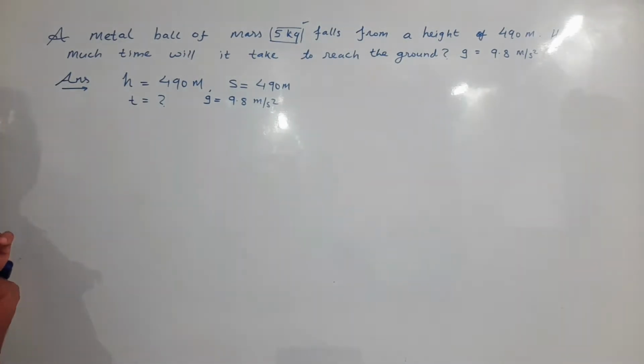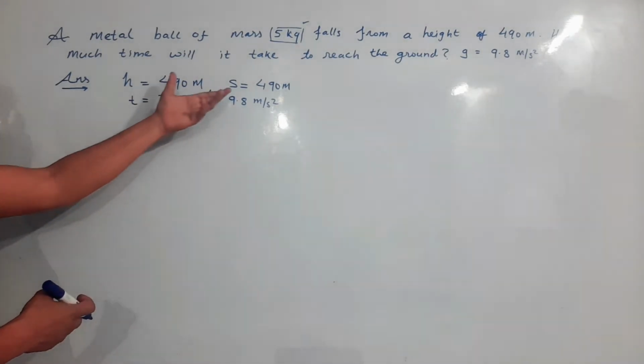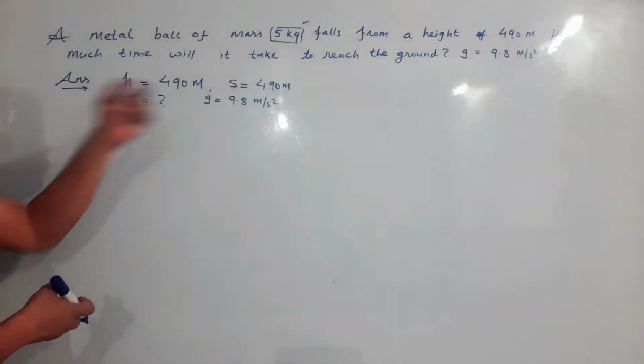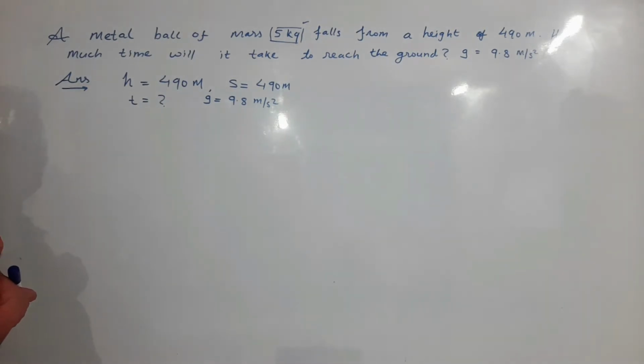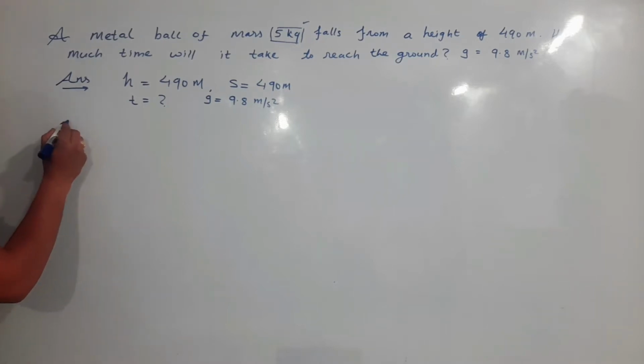Here we have the information regarding displacement of the body or distance covered by the body and acceleration due to gravity. So on this basis, again my dear student, we can write a kinematical equation, and this kinematical equation is